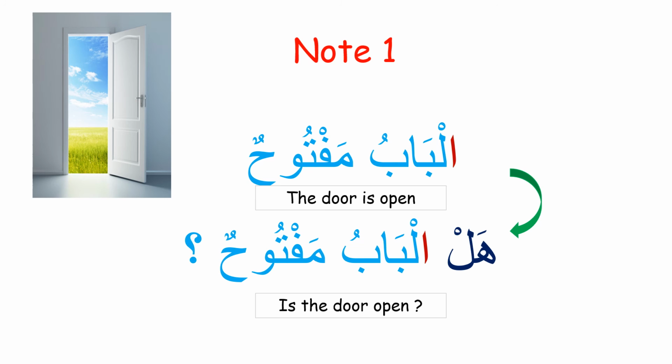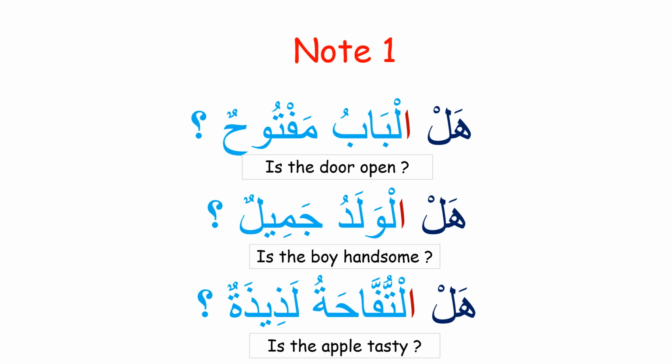How come? Let me read these examples first. I really need to make sure you've got the pronunciation down pat. هل الباب مفتوح؟ هل الولد جميل؟ هل التفاحة لذيذة؟ Again. هل الباب مفتوح؟ هل الولد جميل؟ هل التفاحة لذيذة؟